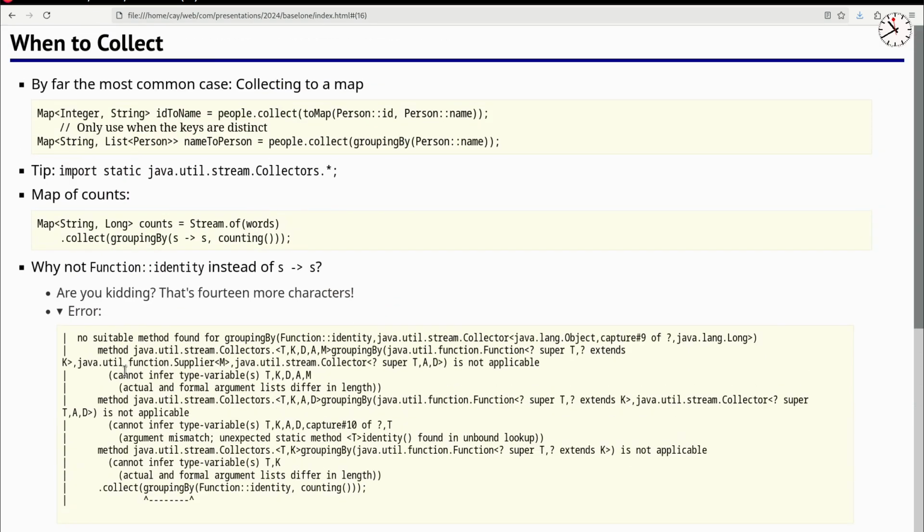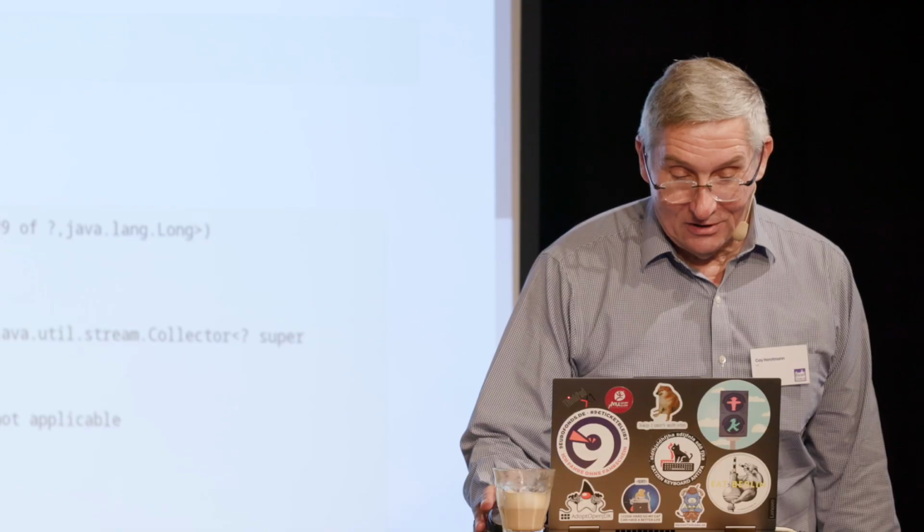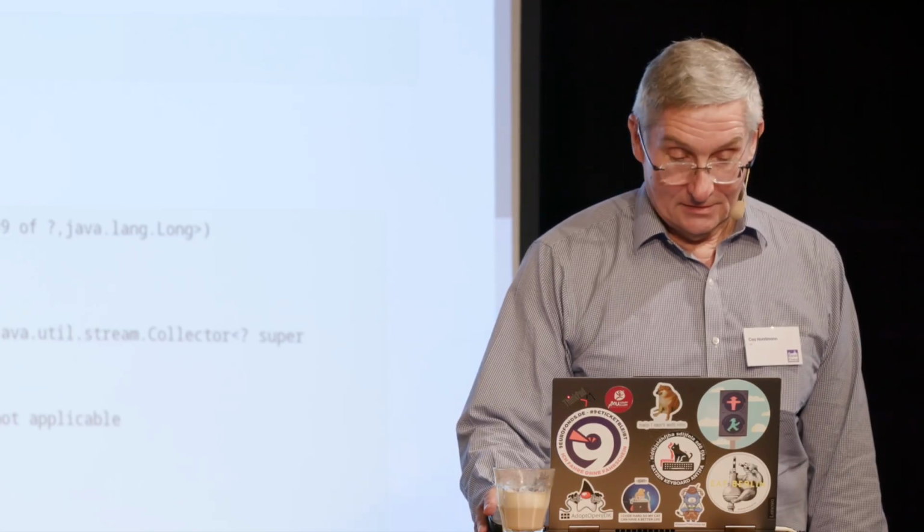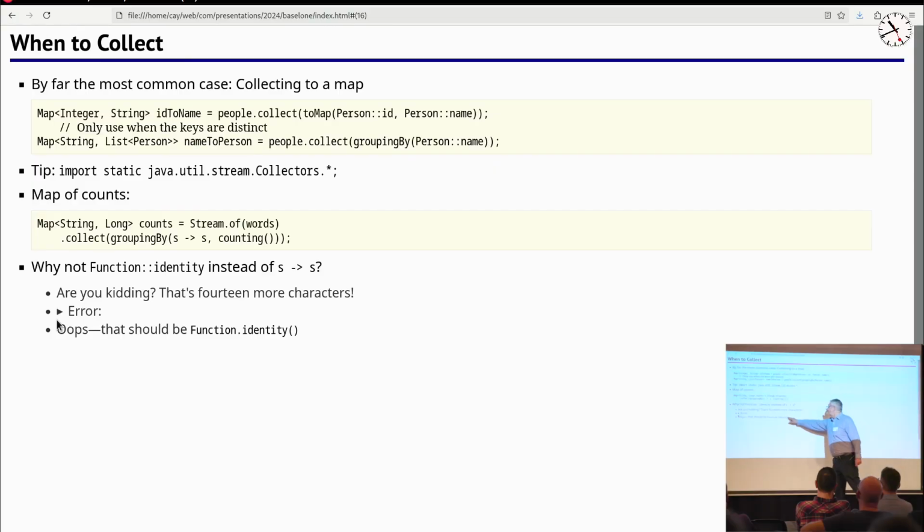And so that is one problem with the Stream API. More often than not, when I try my first half-assed thing, I get something like that. And so this is Javanese for something went wrong. Right? Because when you try to understand it, it is really difficult to match that up with the actual cause of the error. Does anyone see what I did wrong when I put Function.identity instead of s arrow s? I didn't either until I got another cup of coffee. I forgot the parentheses.